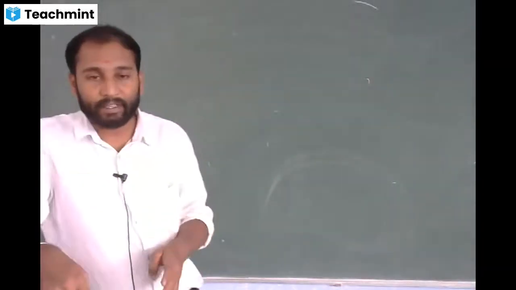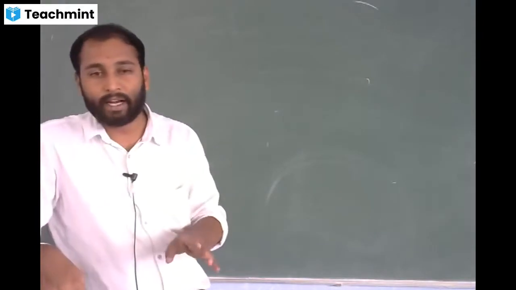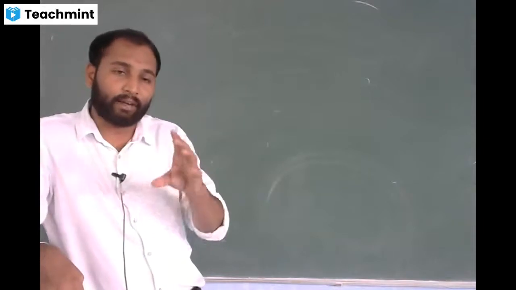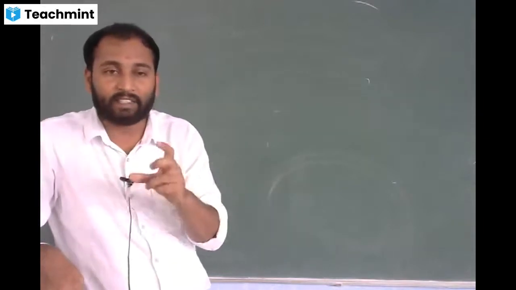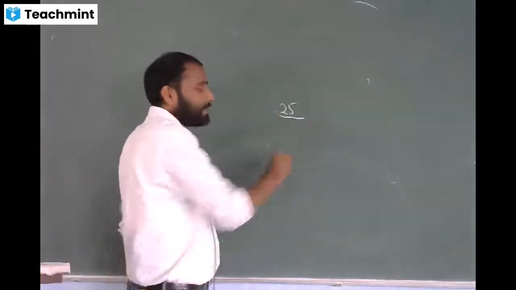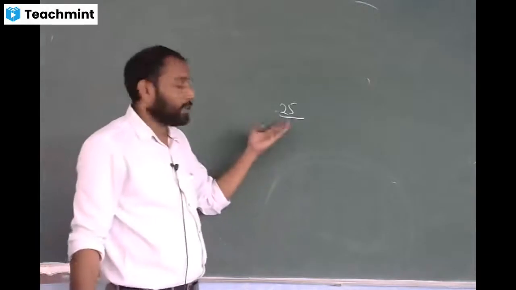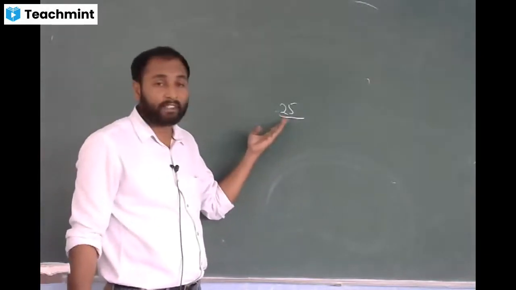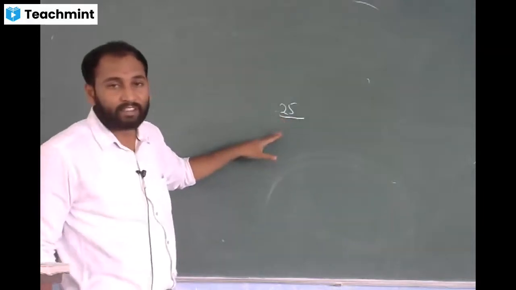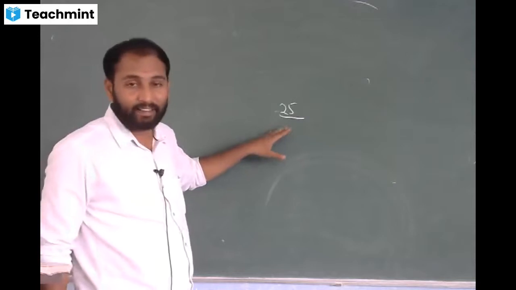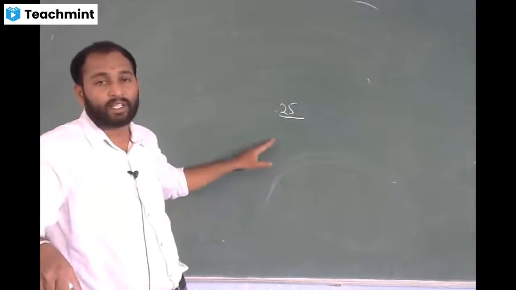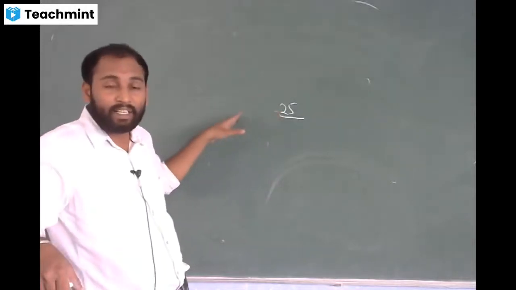Below a certain limit, the human eye lens cannot be contracted. So below this limit, if it still tries to contract the eye lens, we will get strain in the eyes. Also 25 centimeter is our near point, so we will be able to see objects clearly placed at 25 centimeter. That is the maximum limit for the eye to contract. If we try to contract it again, we will get stress in the eyes, and also the objects placed nearer than 25 centimeter will not be visible clearly.